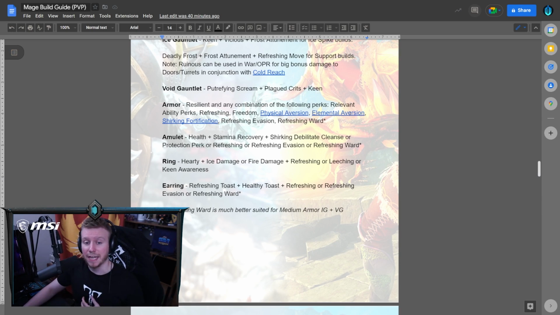Elemental Evasion I do think is going to be particularly good if you're playing against lots of mages, and I do think mages are on the rise because of the Fire Staff thing that we talked about. This is going to be a good perk to take. Physical Evasion also sees a lot of strength because there's a tremendous amount of bows and muskets in Outpost Rush right now. And then Freedom, Refreshing, Shirking Fortification, Refreshing Evasion, and potentially even Refreshing Ward,